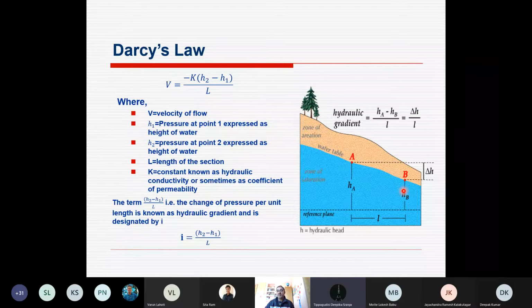So hydraulic gradient, suppose in the big area, you want to find out at 2 points having sufficient distance. It is simply the piezometric head or pressure head of water at that particular point A we are measuring, and at another point B we are measuring, and distance between these 2 points that gives hydraulic gradient. Then we can find out what is the flow of water condition from A to B or B to A,